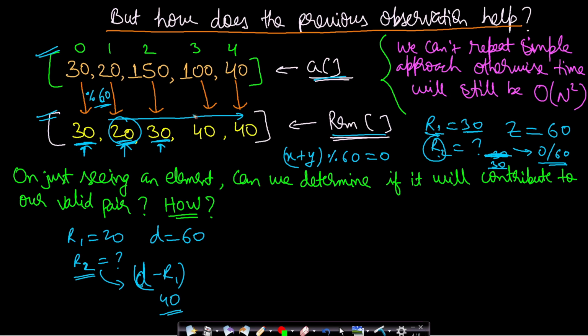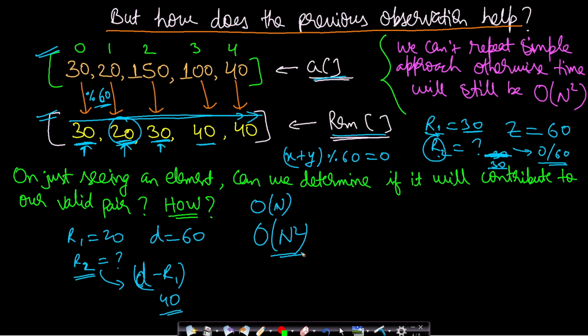So how will you make this search? How will you search for the element? You can just traverse through this array and find that there is a 40. There are multiple 40s in this case. So if you go through the entire array, then for each element you are doing an order of n operation, and therefore for all the elements you will be doing n times n operations, so that will be n square, right?